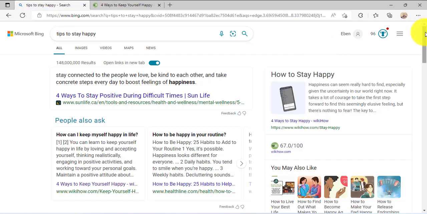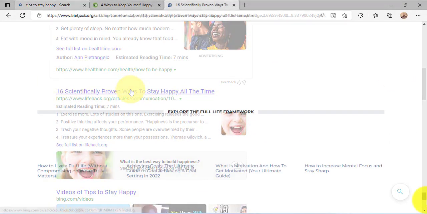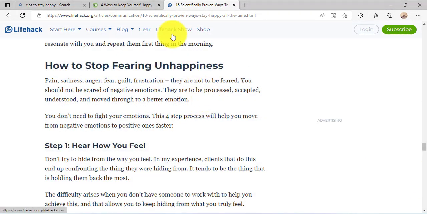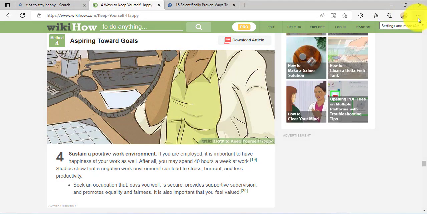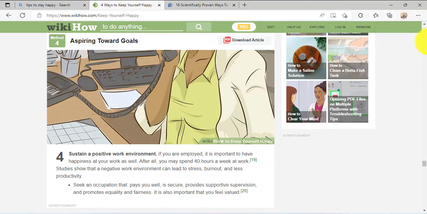I don't know, let me try another website and see. Okay, so this is what I'm talking about. This is the share button here. Normally all these websites or the blogs, they have these share buttons that after reading their content you can share with. But Microsoft has put this feature in their browser for certain websites like this that don't have it,